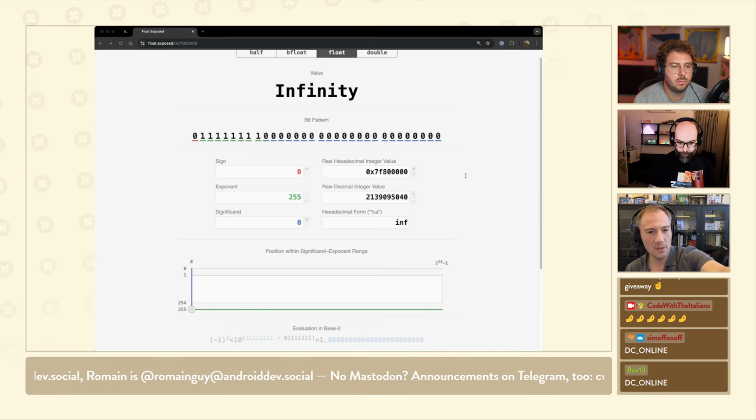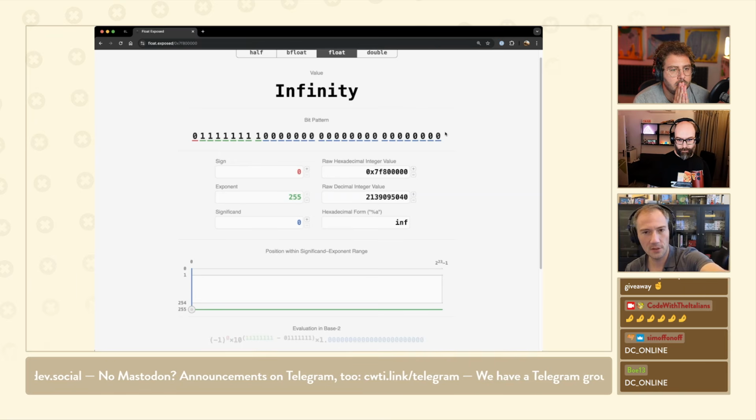So the trick that we're doing here is to say, okay, we took all the bits except the sign bit, right? So we have all those bits set to whatever they're set. Now, if we treat this number as an integer, let's forget that it's a float, it's an integer. What do we notice? Infinity and all the NaNs are integer values that are greater than this value that I have here on screen, right? Like if I set any of those bits to the right as an integer, it's a greater value than this. So what we can do to check if our numbers are NaNs, we can take the first NaN value,